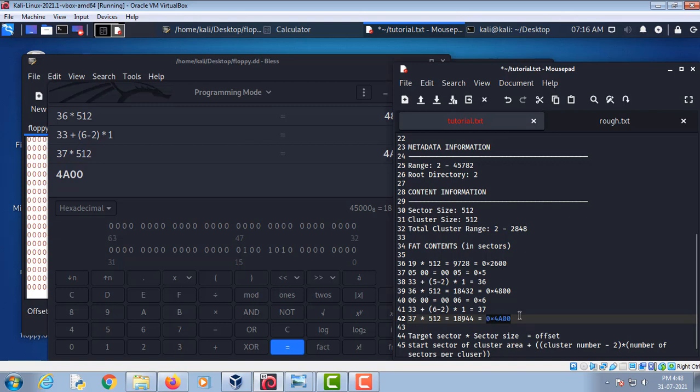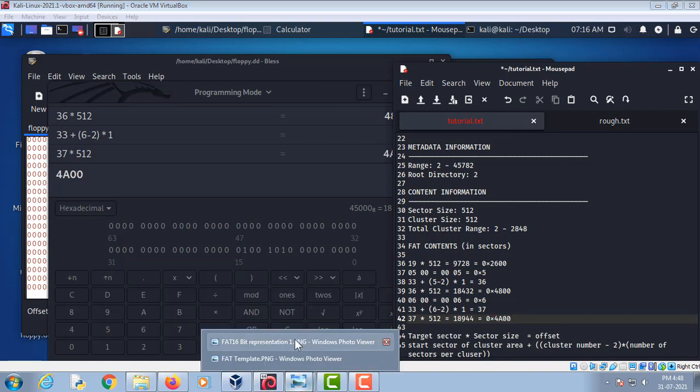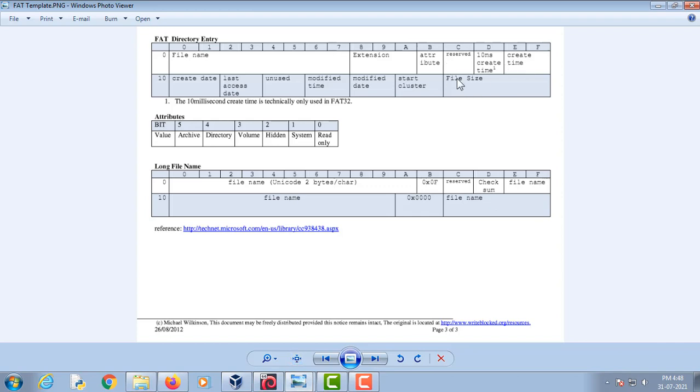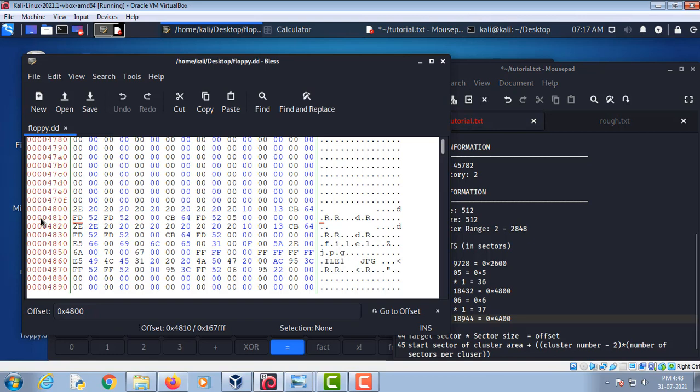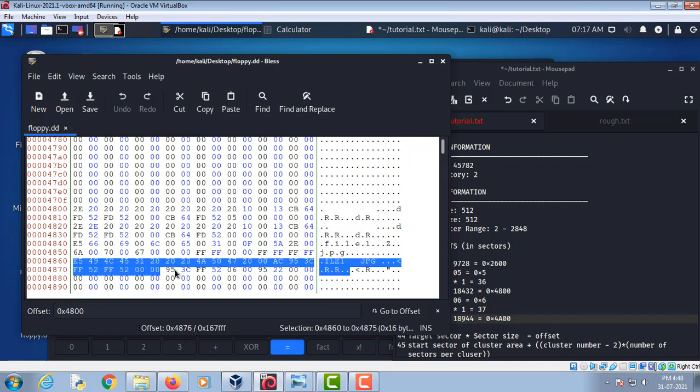For calculating the size, let's go to this template. The file size is written in the starting 4 bytes on line number 2. So this is the size of this file.